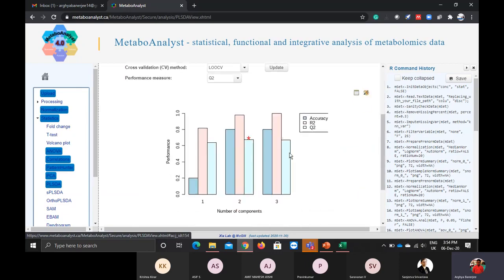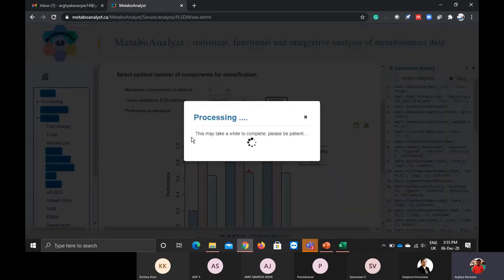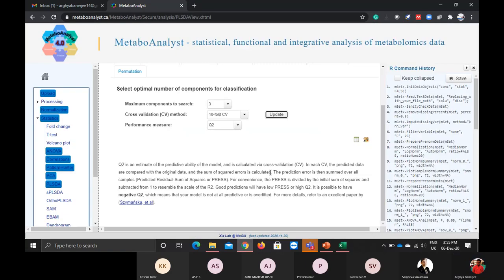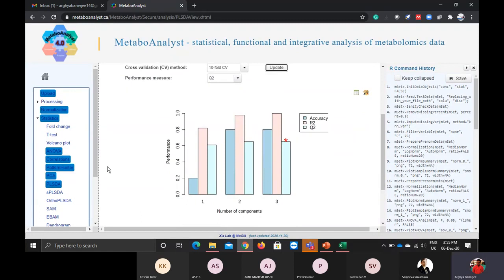You have to do a cross validation of that, from which you can get the accuracy, either R2 or Q2. You can download the accuracy table or the cross validation table as an Excel file, and you can also change it. If you want to do it with the CV fold, it will update the CV fold also. See, this happens with my 10-fold CV or the Q2.